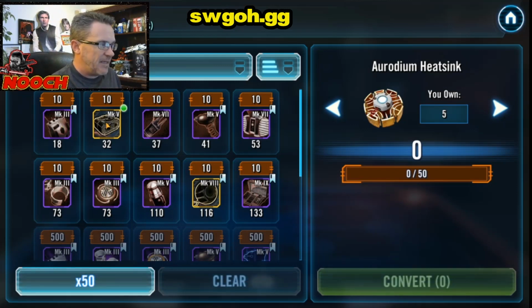You're not going to sell these. You're not going to sell any of these other things. These other gear pieces are too valuable. This is the one you can farm a lot more of, and you're going to use